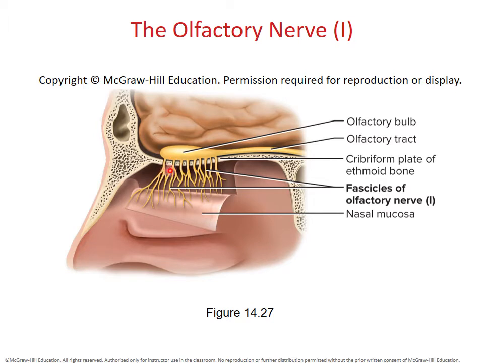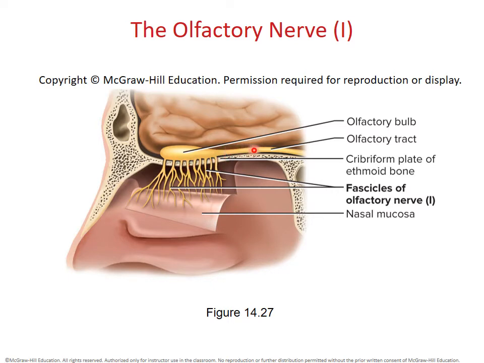Those neurons in those olfactory nerves end up in this swollen region, which is known as the olfactory bulb. And in that swollen region, they synapse with a second set of neurons that are then going to carry the messages on to the brain. And so what we see coming out of the olfactory bulb is something known as the olfactory tract. The olfactory tract. And that helps us remember that the olfactory nerves are actually coursing through the cribriform plate, and